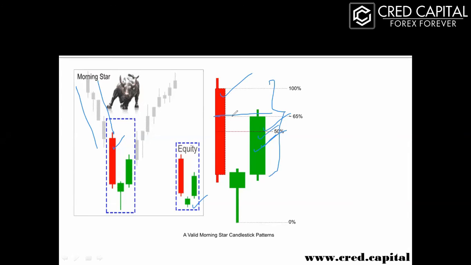And this bear candle has to complete the half of this bear candle, okay? After the completion of this whole pattern, you can take your trade towards the buy side, at the starting of this fourth candle, after the third candle. I hope now half of your doubt is cleared, about how the morning star will look in the market.